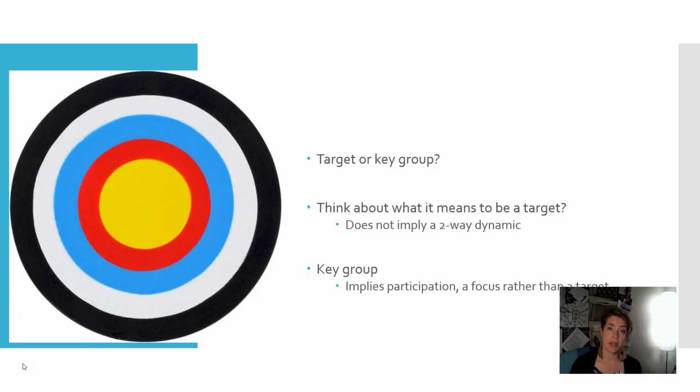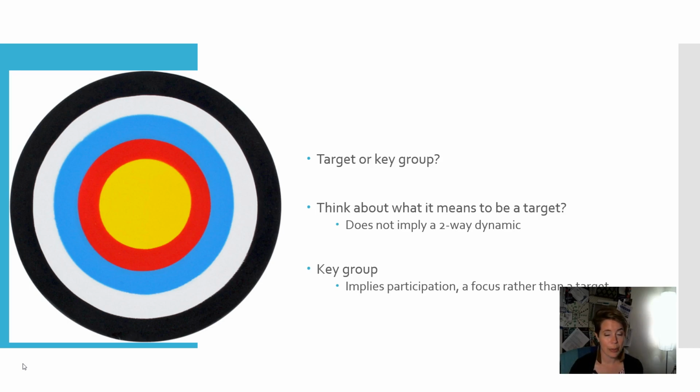Oftentimes, when we're talking about public health, I think of epidemiology. Sometimes we hear the same phrases in community health education, talking about our target group. I would like to call that phrase into question. When we are targeting a group, when we are saying that we are aiming for a particular group to work with, I think it's a bit of an oxymoron. If we are throwing something at someone, one of us has the power and one of us is being hit.